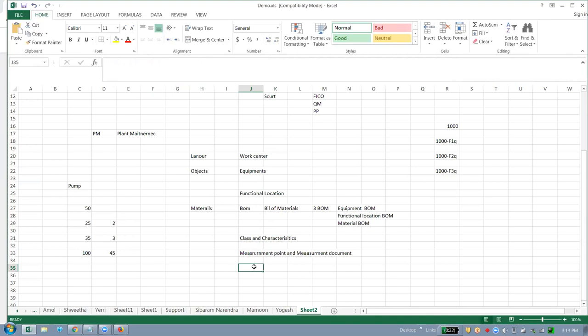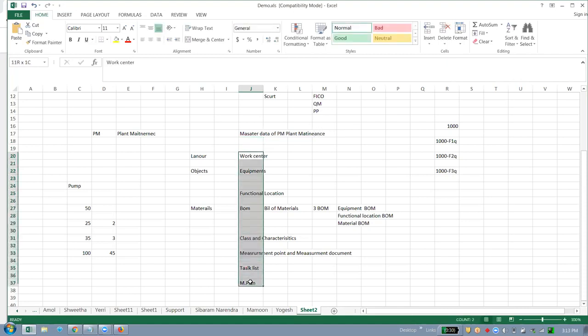After this, there is something called a task list. And then the last is the maintenance plan. So these 8 objects are called the master data of our PM, plant maintenance module.